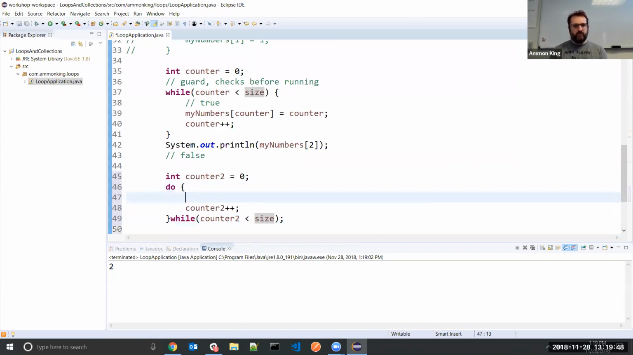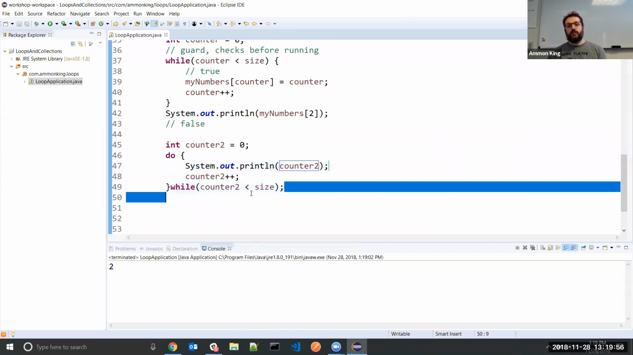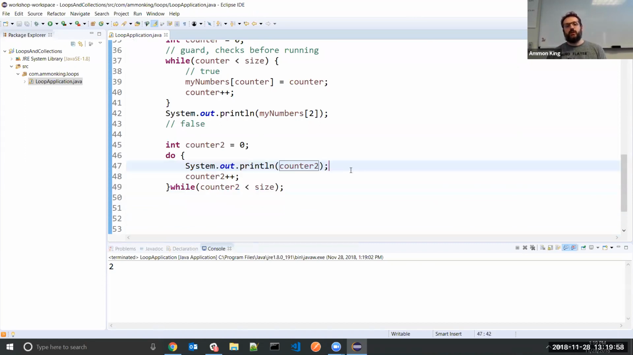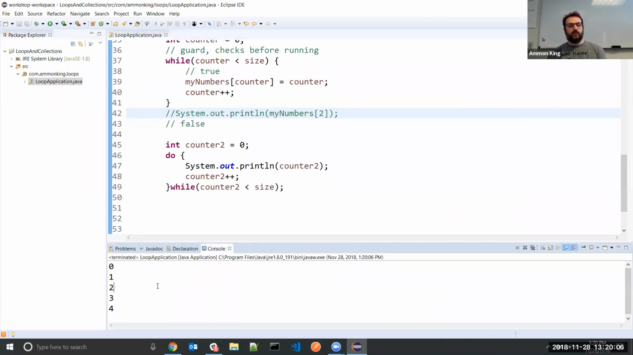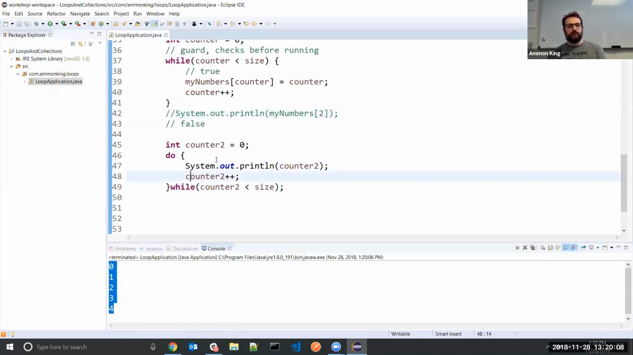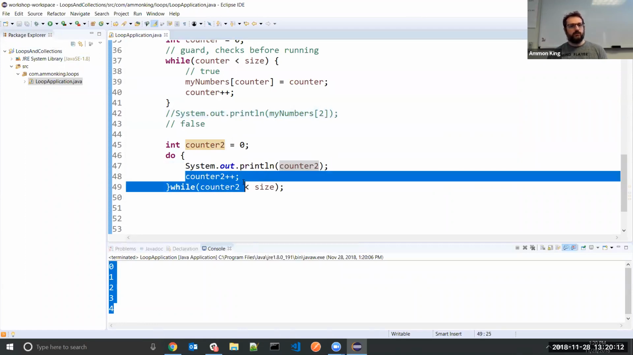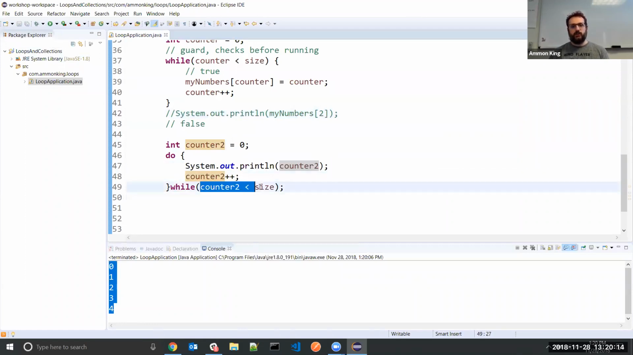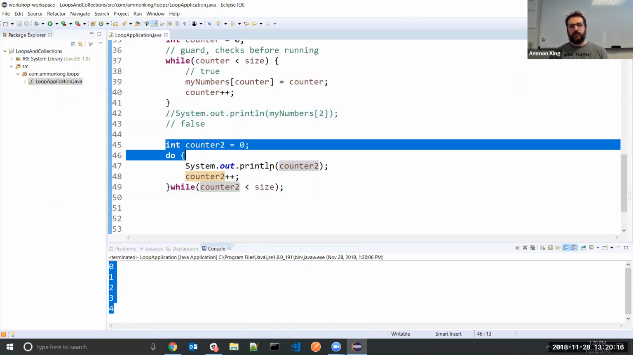Right. What I want to do here is I'm just going to sys out my number. I want to see what that does. This should just output 0, 1, 2, 3, 4. After I get rid of this guy, because I don't want too much stuff in my console. 0, 1, 2, 3, 4. Starts out at 0, prints out 0, counts up 1, make sure I'm less than my size, and repeats the